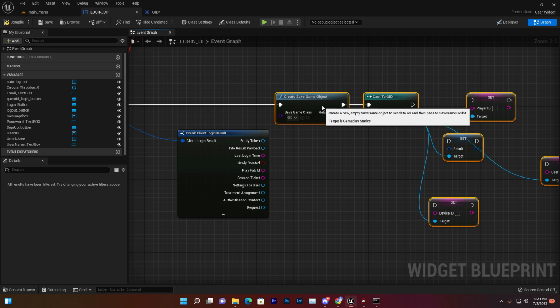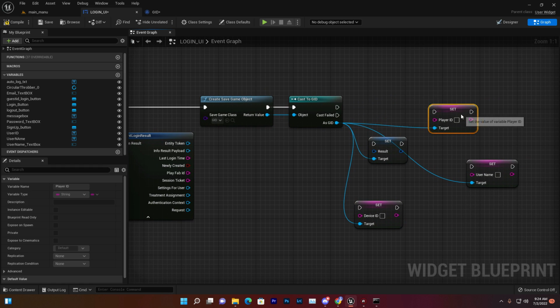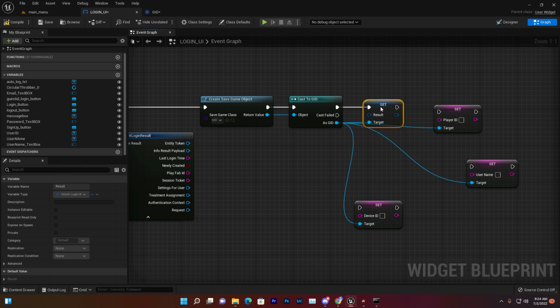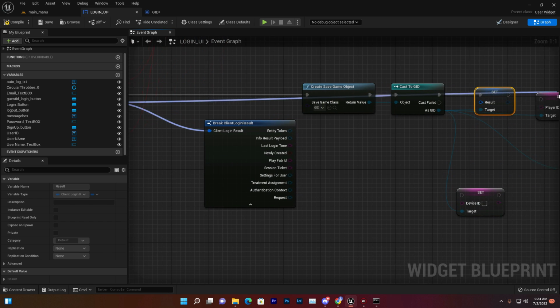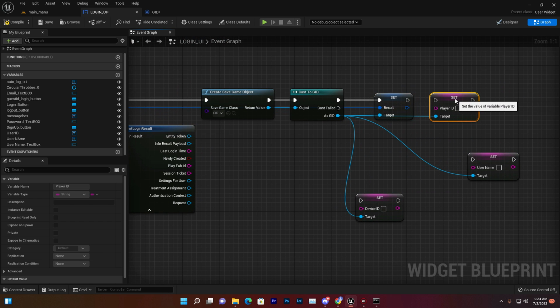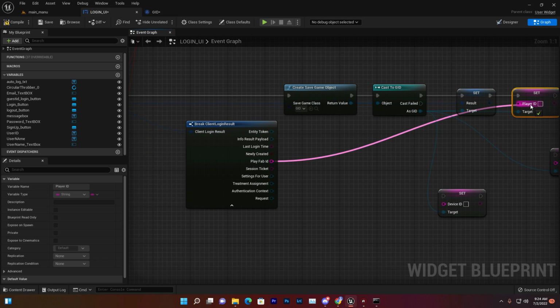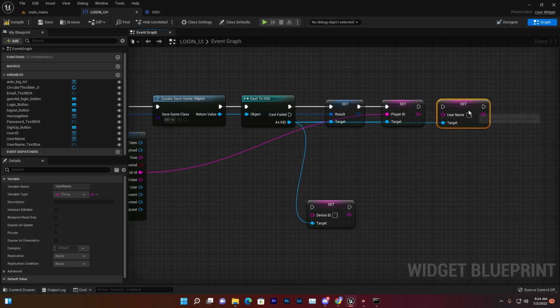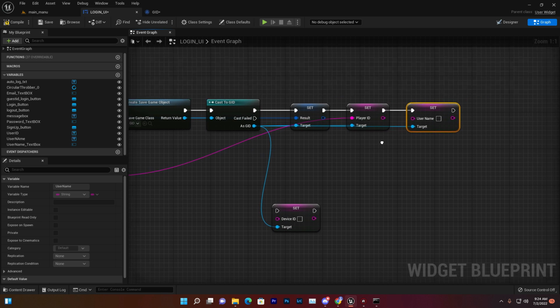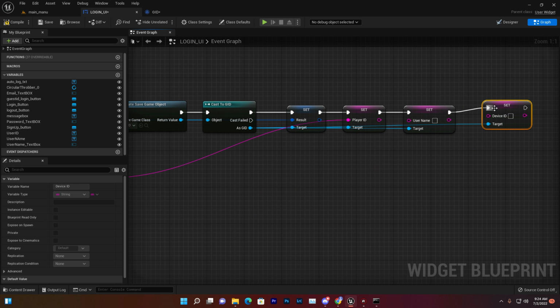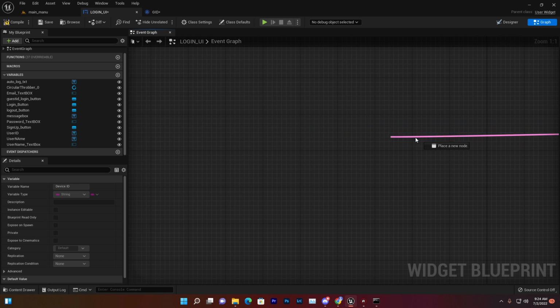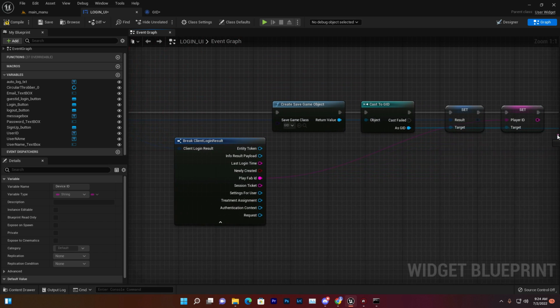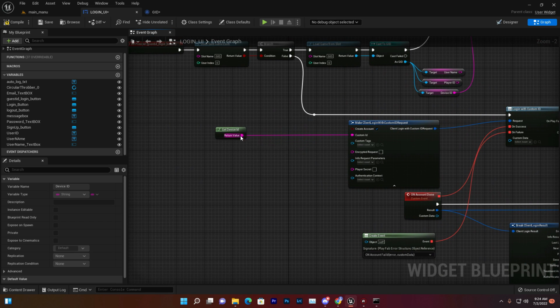And once the save data is successfully created, the first time it will save the result, second it will save the player ID, that is basically the PlayFab ID, and it will save the username, and it will save the device ID. The device ID is basically this one. Oh, where did it go? Yeah, this one,